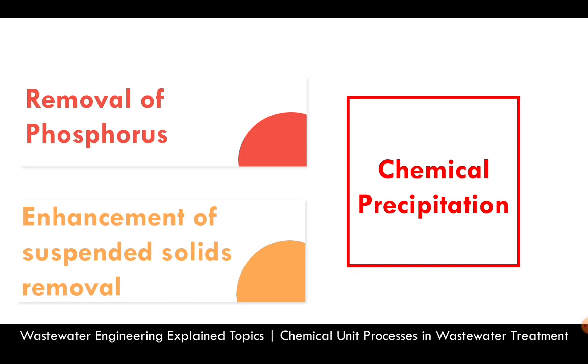Now what happens in chemical precipitation? See, the addition of a chemical changes the form of material which is dissolved in the wastewater, so that it can later be removed in the form of precipitate. What happens is ionic constituents of the dissolved material are converted into precipitates by adding a counter ion chemical that creates settleable solids. Phosphorus is an example that is removed by addition of calcium, iron and aluminum salts.